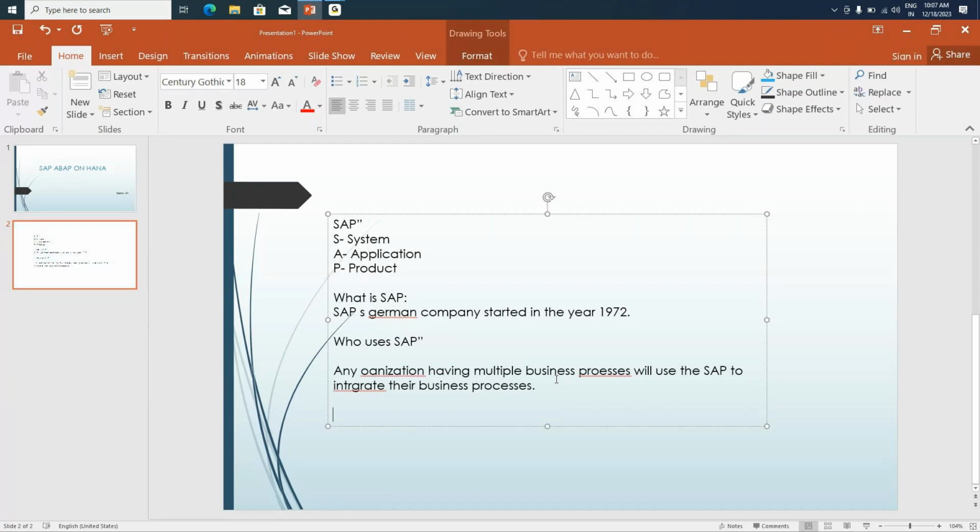Okay. So now, compared to other ERP softwares, how is SAP better? This is not the only ERP software. We'll talk about what an ERP is in detail in a minute. ERP stands for Enterprise Resource Planning. We'll look at that in a minute.